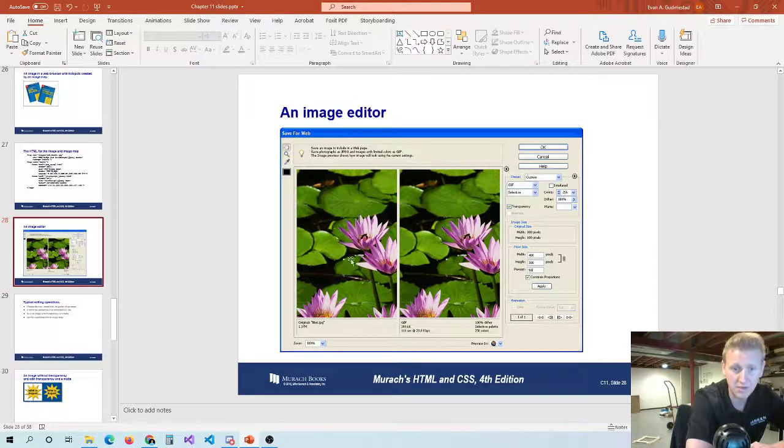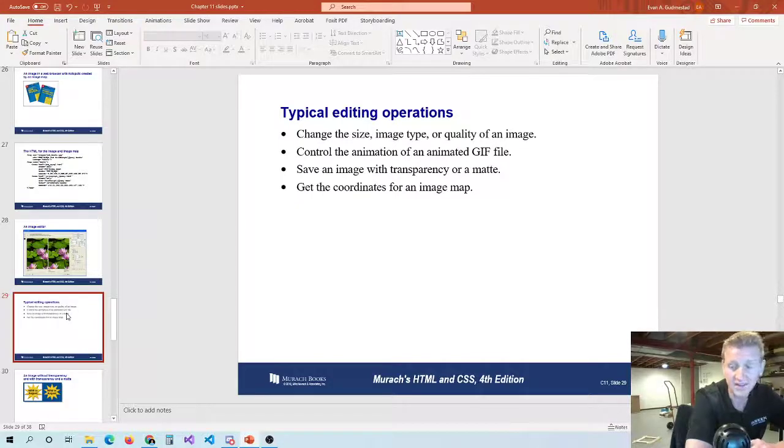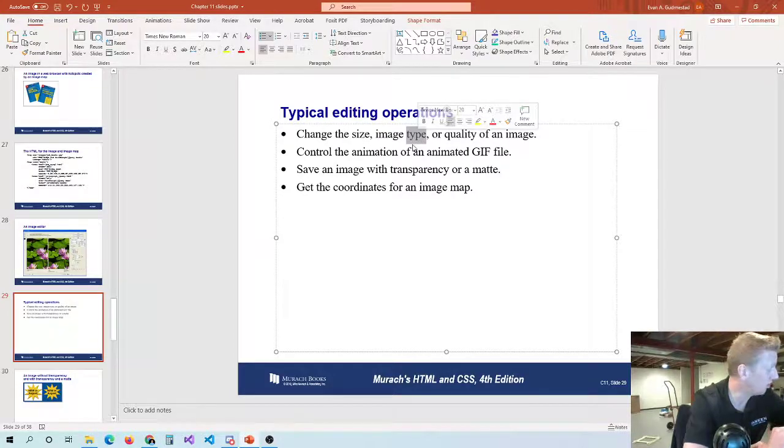So I'm very familiar with this tool, again, because what you're trying to do is very important, and getting that quality to image size. So what might you do with Photoshop? You could change the image size, the image type. So what you don't want to do,